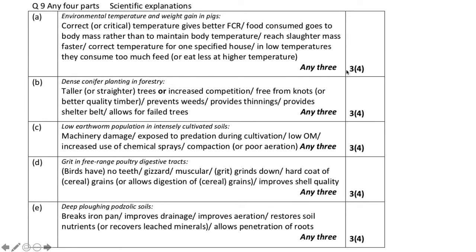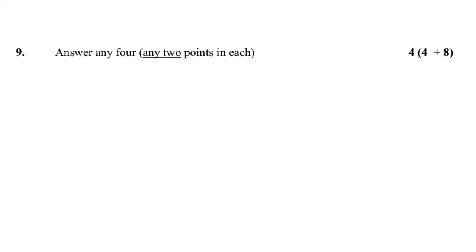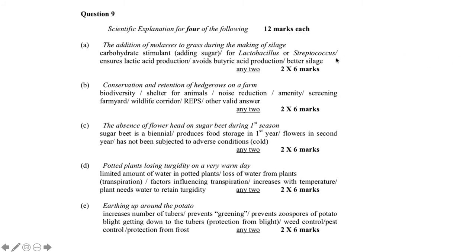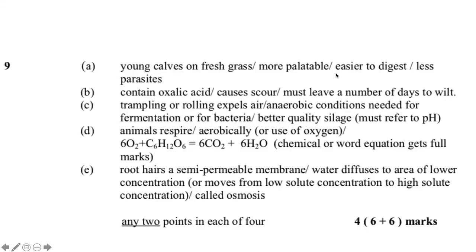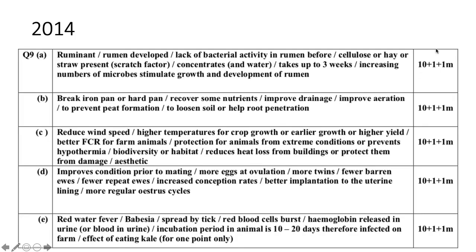The point here I want to focus on here is any 3. Okay? 3 fours is 12. So that was fine. My point there about you've got to be making 3, but you can fall into the trap of looking at marking schemes in the past and going to yourself, well, do you know what? In this particular year, there was only 2 points required, okay? Or this particular year, 2 6s got me my 12 marks, okay? Dangerous territory though. As you've seen here, they're looking for 3 4s, and in other years, again, down here, again,